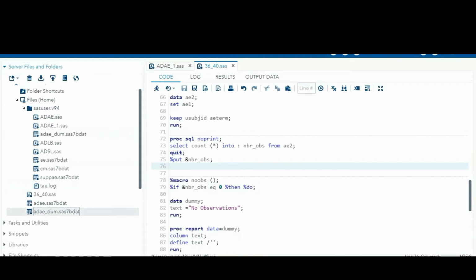For example, if you are writing any proc report, just imagine it is a 0 observation now. In future, the data may get updated, and now some data is there. In future, it may or may not be present as per the data. So we have to think in that way and write the dynamic code.